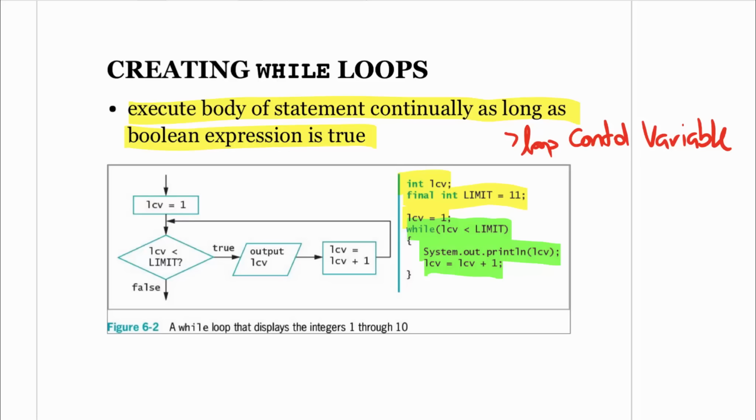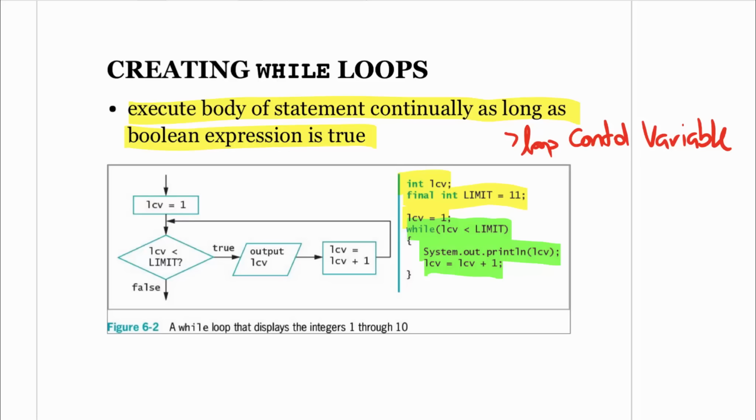And then you go back to the top of the loop again, and it says while LCV is less than limit. So in this case, LCV isn't 1 anymore, it's 2. So now the test condition is while 2 is less than 11, you run the loop again. And so obviously 2 is less than 11, and then you're going to run the loop one more time. And then that same process happens over and over again. So then, 1 gets added to 2, and then it becomes 3, and then 1 gets added to 3,